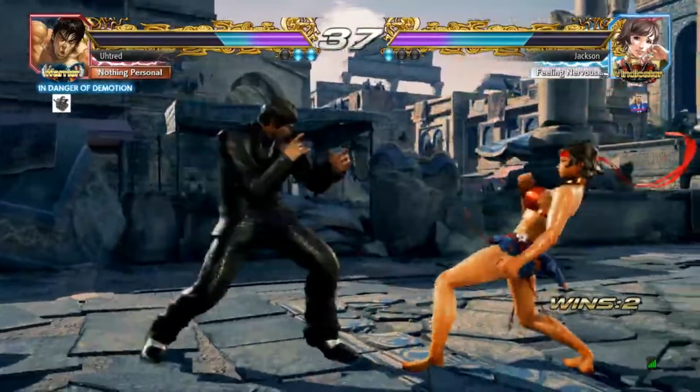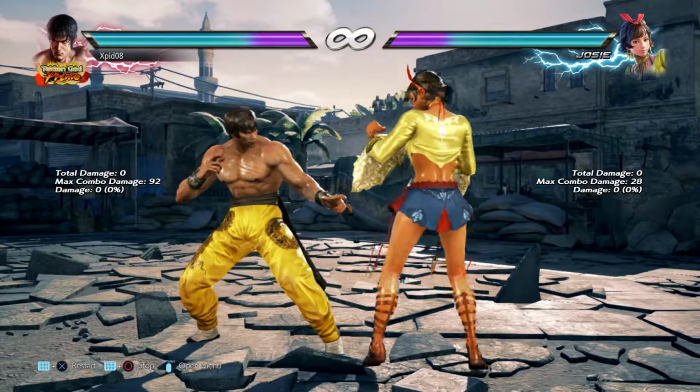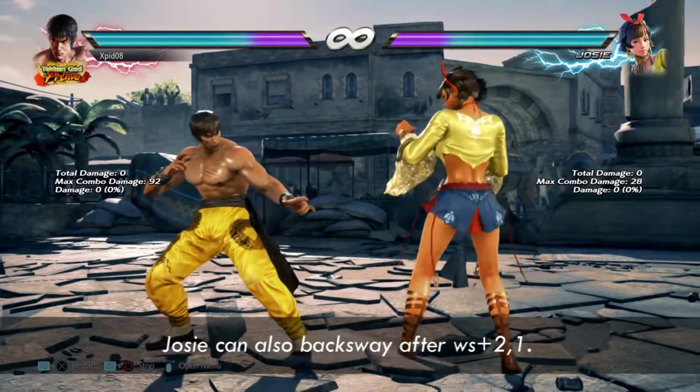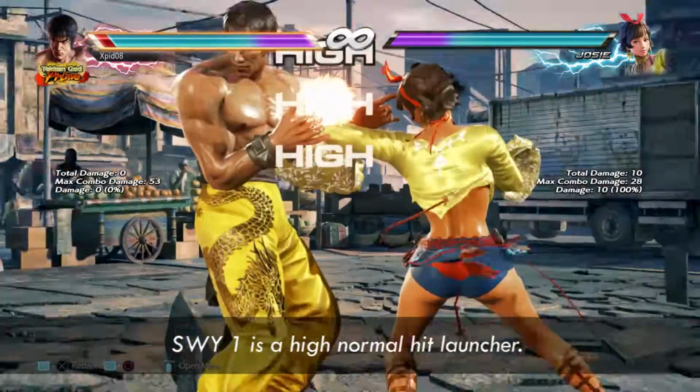Okay, so right here you got hit by her backsway 1 because you followed her after blocking her switch 1. Josie is going to use her backsway as a quick evasive tool, in which she has 3 options out of it. The first one is a high that launches on normal hit,